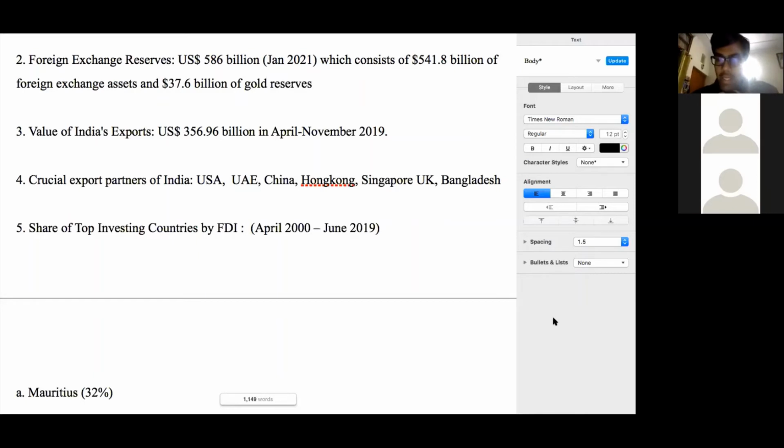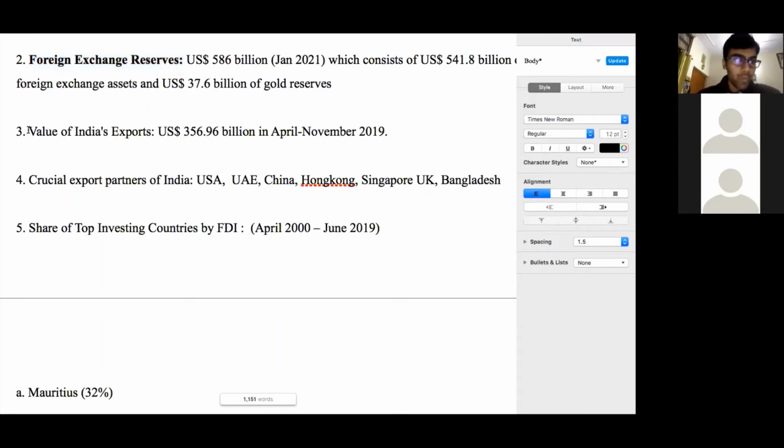So this is the latest value of foreign exchange reserves. Foreign exchange reserves in total consist of the different foreign currencies that are held by the Reserve Bank of India, and also the total value of gold reserves in terms of US dollars, again held by India's Reserve Bank. All this is in US dollar terms. Okay, so this is India's total foreign exchange reserves.